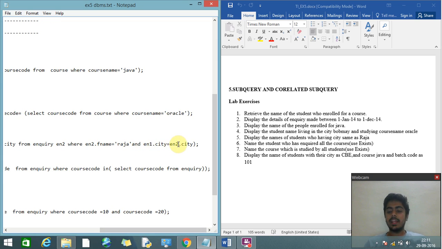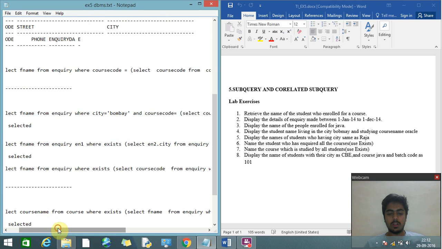So the city of Raja is compared with the city of any other student in en1. The same city of Raja and the other students is compared with this statement, and the first name is Raja.